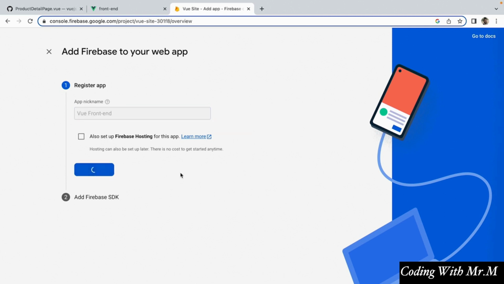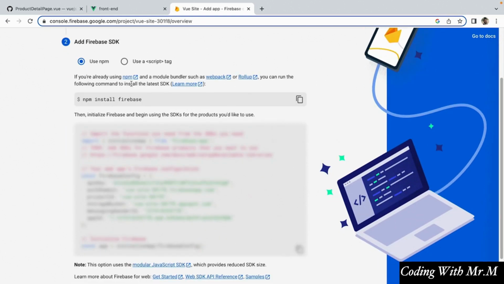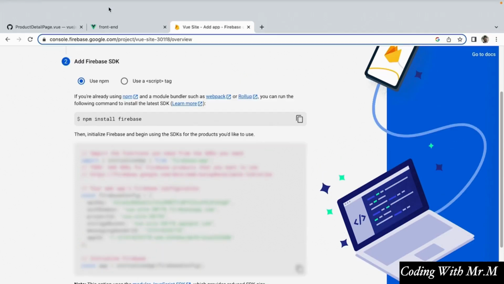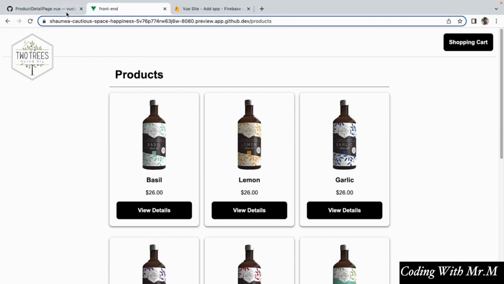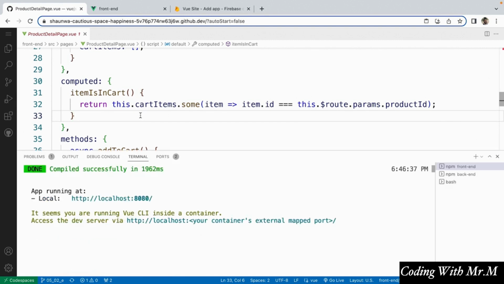Okay, so now that we've created this new app and added it to our project, what you're going to see is that Firebase will spit out all of this code that it wants us to copy and paste into our project. So you'll notice that the first one of these is telling us to install the Firebase package into our Vue project. And instead of just copying this command directly, what I'm going to recommend you do, because Firebase's API has a nasty habit of changing, is actually install this package with a